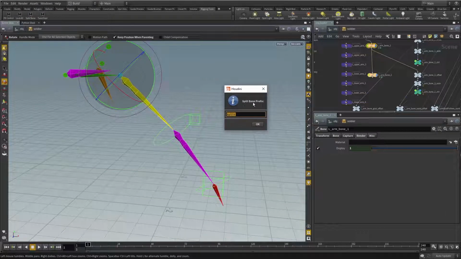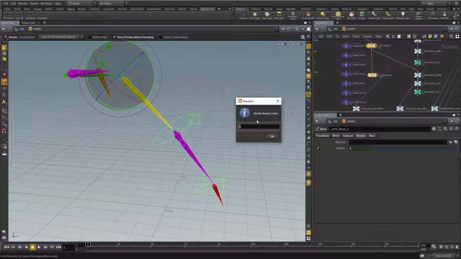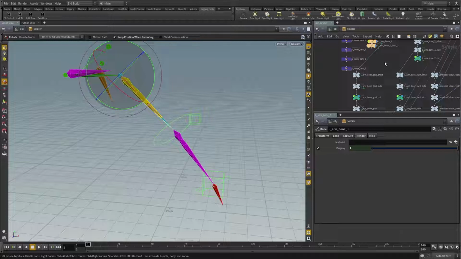That gives us a split bone prefix. And I'm just going to use split, or actually, let's use twist. You can use whatever you want. Twist sort of makes more sense in this case. And I'm going to say OK. Now it's going to ask me the number of bones that I want. And the default that I've set here is 4, and that will be fine for these twists. And so now